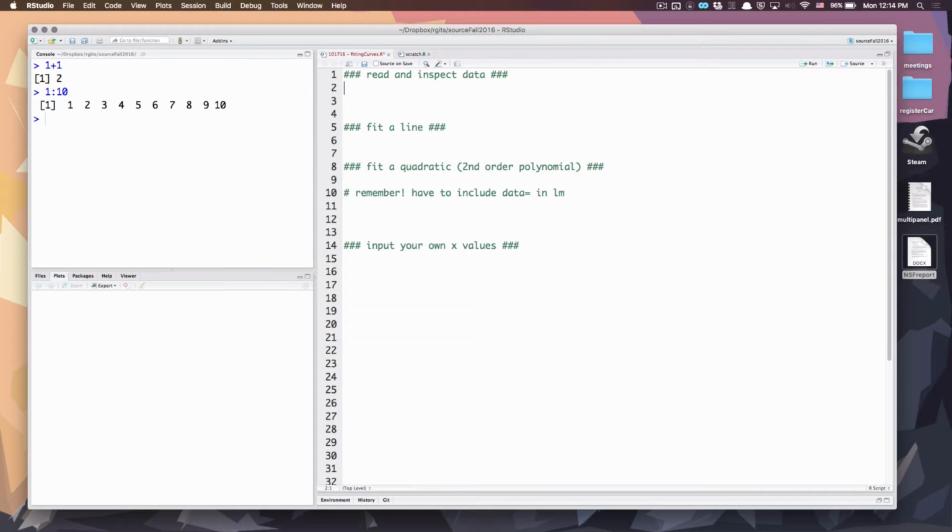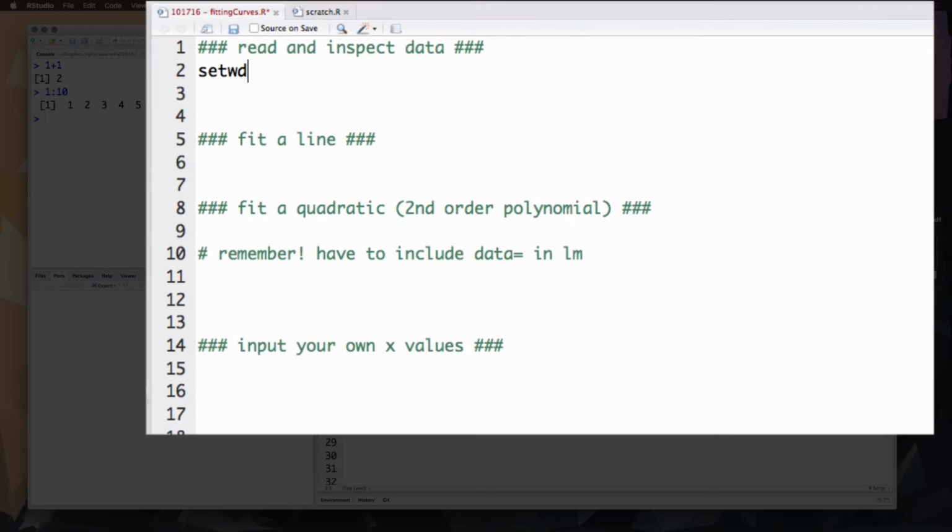So the first thing you want to do is set your working directory. The command for it is setwd, for set working directory. And again, I like using RStudio because, what you would need to put in here is a path, right? The path to the folder where your data is, your downloads folder, your source folder, whatever. The reason I like using RStudio is because once you have these quotation marks in here, once you hit tab,